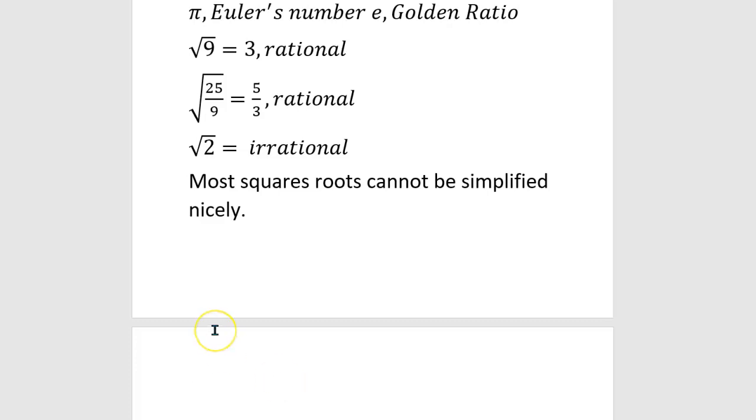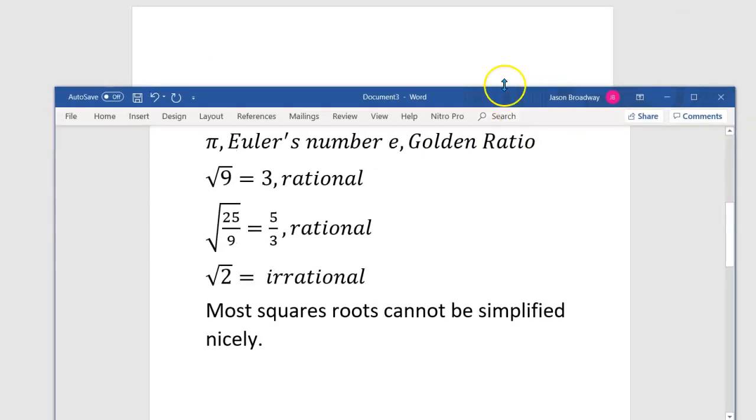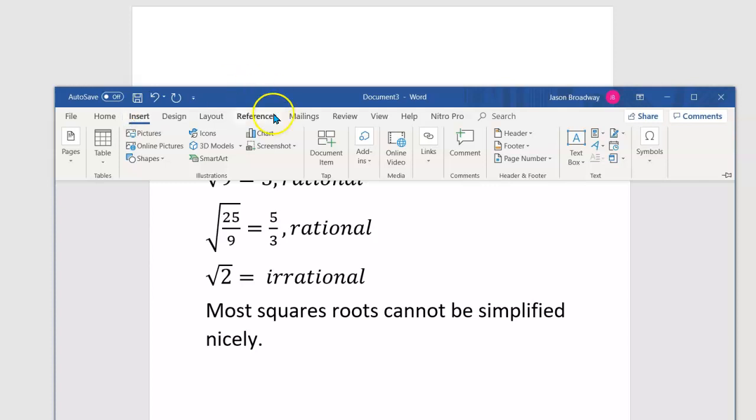But yeah, now here's the thing. Let me go back to it. I wish the equation editor was a little easier to get to, but it is what it is. If I go back